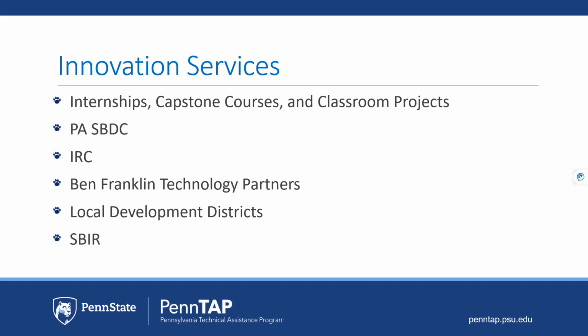The Small Business Innovation Research Program is a highly competitive program that encourages domestic small businesses to engage in federal research and development with the potential for commercialization. Through a competitive awards-based program, SBIR enables small businesses to explore their technology potential and provide the incentive to profit from its commercialization. PennTap's direct connection with Penn State research allows us to make the right connections to faculty for small and medium-sized businesses to meet the requirements for university participation on this program.